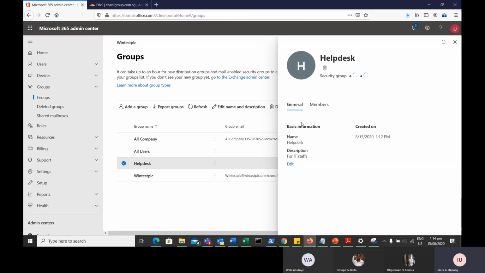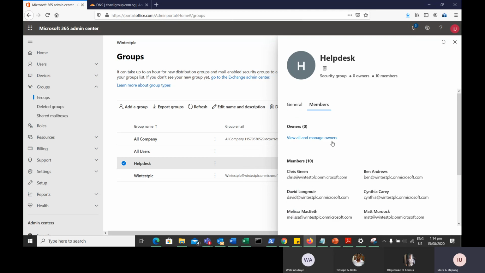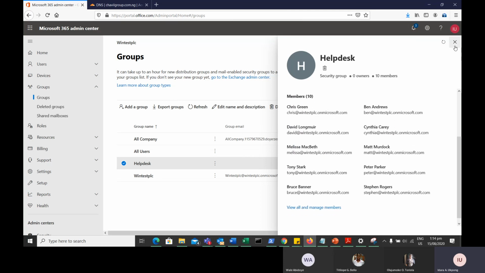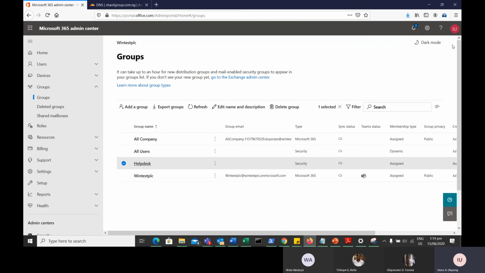Let's click Help Desk where we saw 0 members earlier. And we can see we now have 10 users in the group. So that's basically a few of the things we can get our hands on using PowerShell and using the GUI. And we can see the ease which the GUI provides for some cases and the ease with which PowerShell provides for most of the cases that really has to do with making changes to bulk users. So with that, we can just come to the end of my